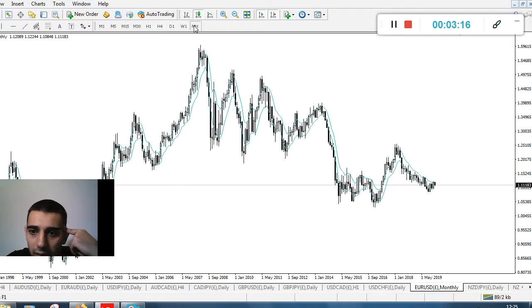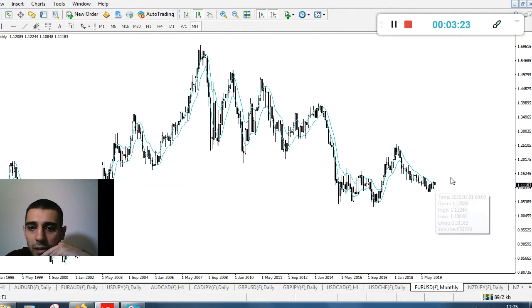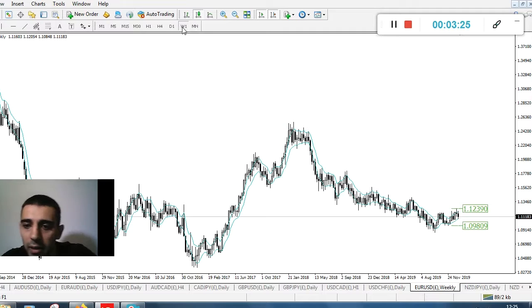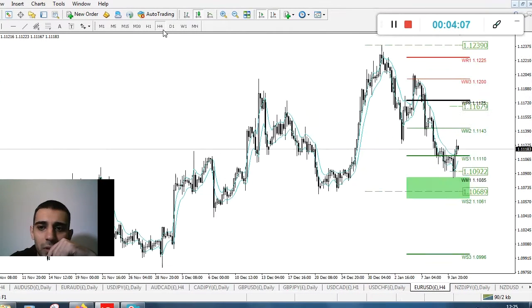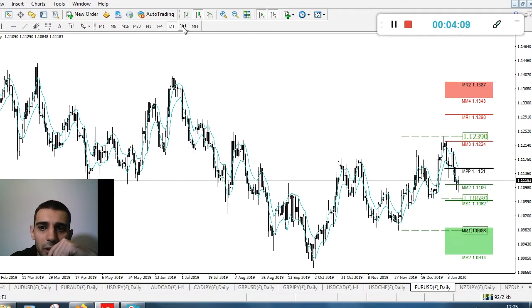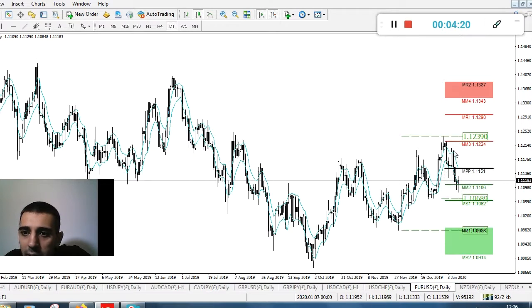Right, weekly, monthly. Looks like it's turning. It looks like it might go up. It's a weekly chart. That's a bit tricky one. Okay, short term is down. The long term trend is up, but it does not look very good. Now it's making this kind of high low here, so it might be